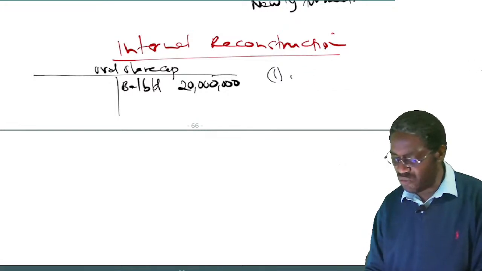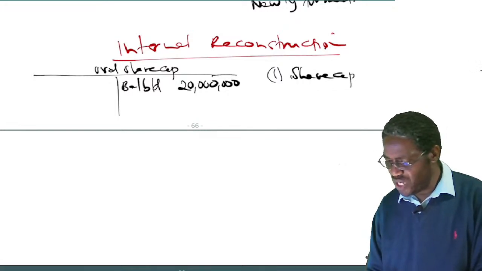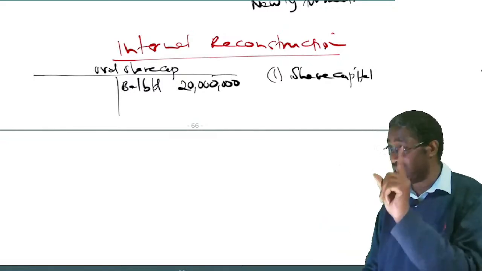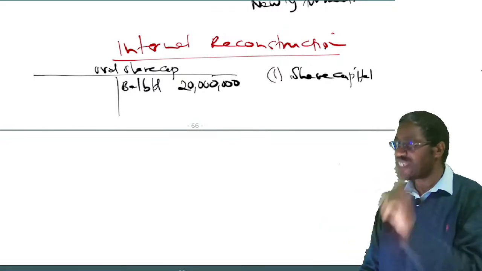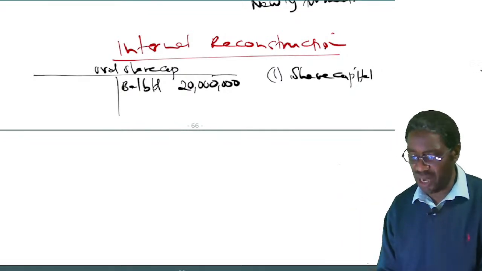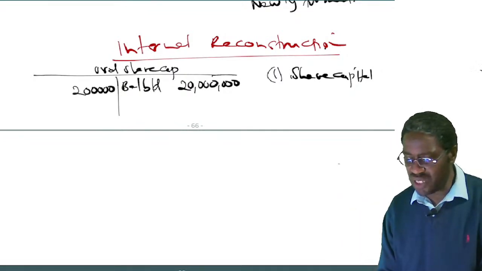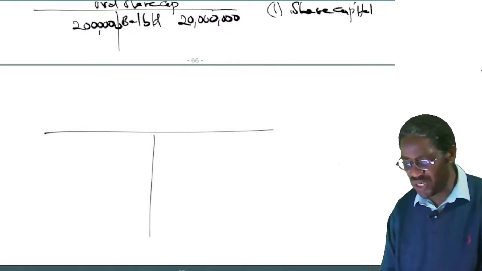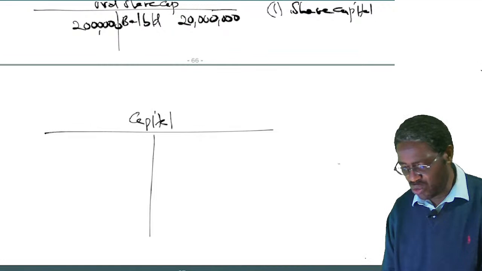With amount written off on share capital, whatever the capital, it could be ordinary, it could be preference, but the point is, with amount written off on share capital, you are supposed to debit share capital, and we shall be crediting, that is with 2 million, an account we shall be calling capital reduction. You credit an account called capital reduction.